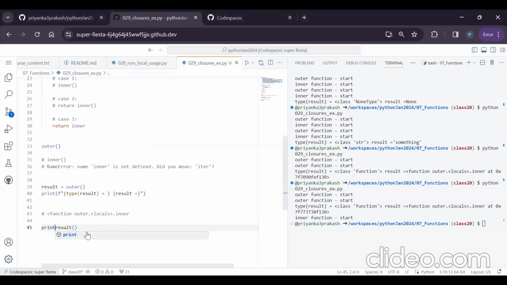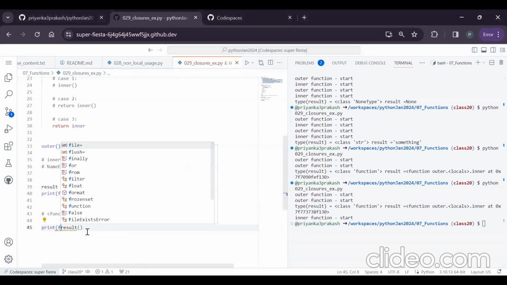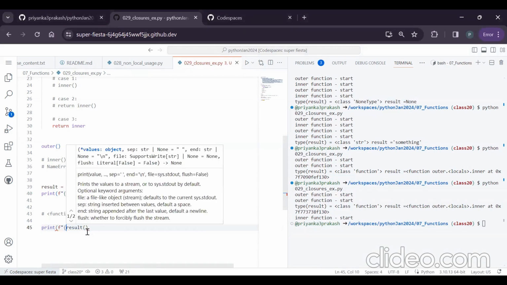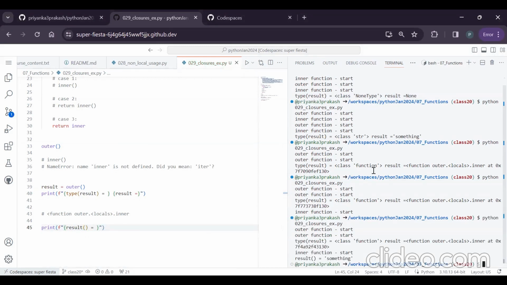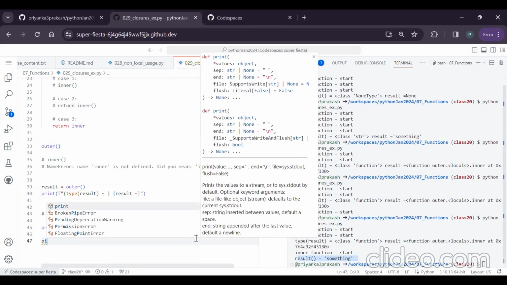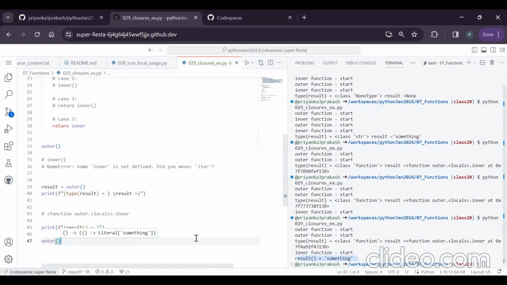So I can place this result within an f string. Say, I can write the f string like this. In this way, did you observe that the result is something? It is the same as the outer function we have executed till now, right? For the outer function, if you pass one more call,